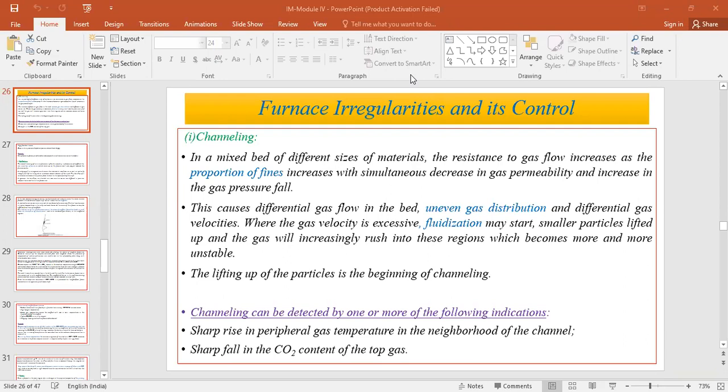as we all know, it is a counter-current reactor where the burden travels from top to bottom, and the preheated air is purged into the blast furnace from the bottom through the tuyeres, and travels upwards. So this is a countercurrent reaction, between the burden and the combusted